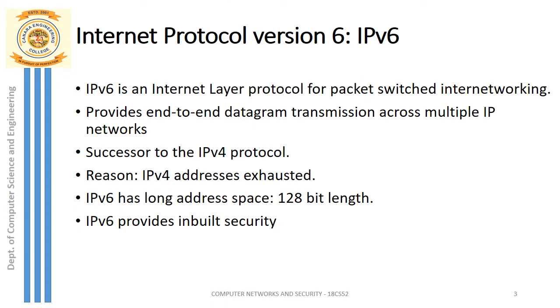In the early 1990s, the Internet Engineering Task Force began an effort to develop a successor to the IPv4 protocol. A prime motivation for this effort was the realization that the 32-bit IP address space, that is IPv4, was beginning to be used up, with new subnets and IP nodes being attached to the internet and being allocated unique IP addresses at a breathtaking rate. To respond to this need for a large IP address space, a new IP protocol, that is IPv6, was developed.